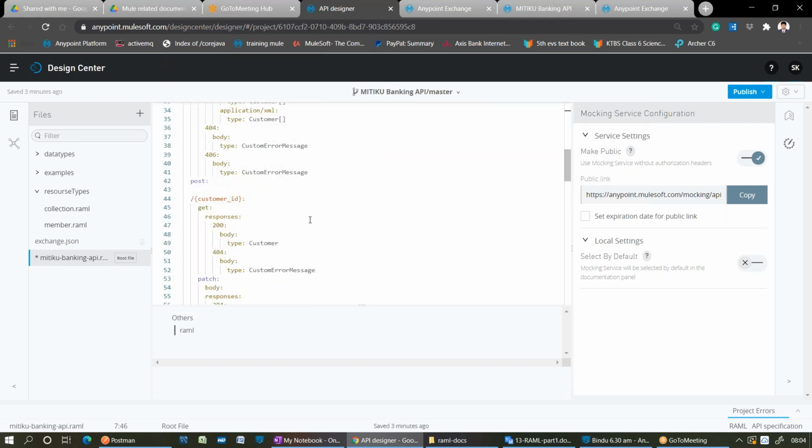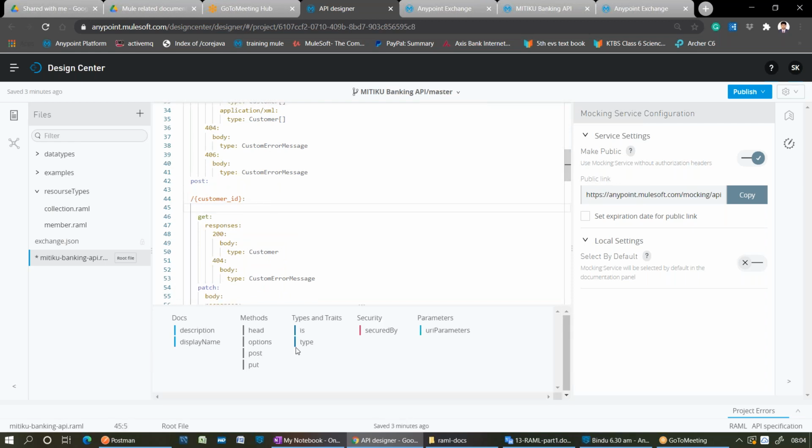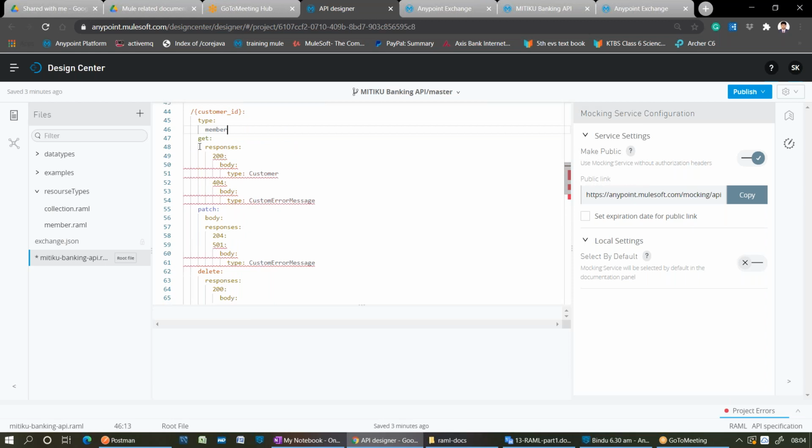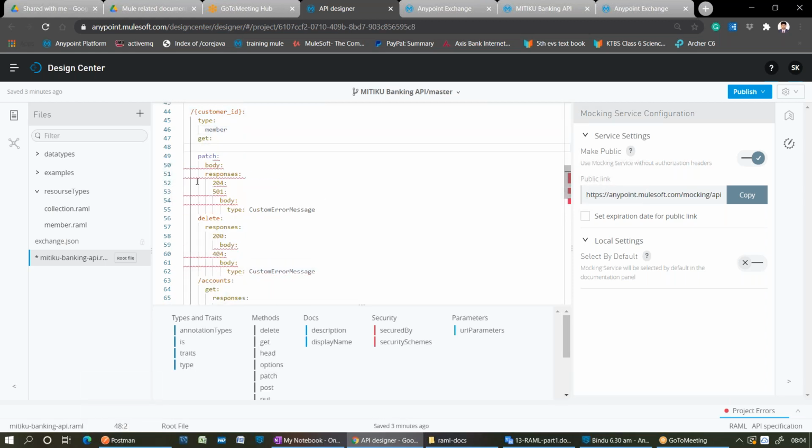Now, if I refer this to slash customer underscore ID as a type, as a member.raml, where all will we be getting duplicates? Get method will get duplicate. Yes. All three methods. 3 methods.